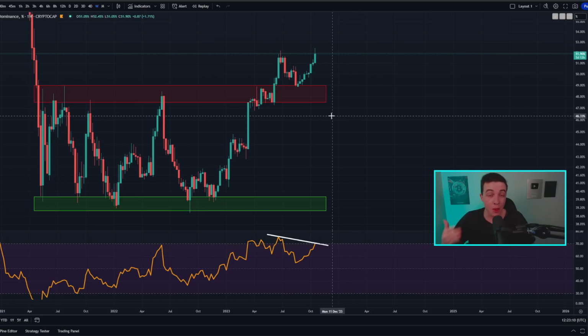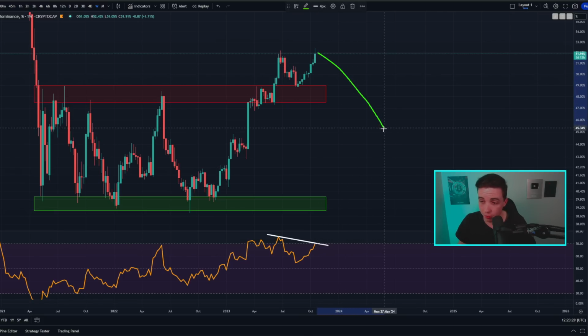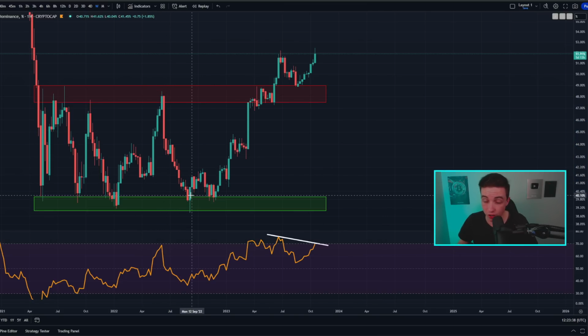So at least for now, the Bitcoin dominance is currently looking more bullish than bearish, which is basically the opposite of an altcoin season. It means Bitcoin is performing much better than the majority of altcoins out there. But when we eventually see a reversal in the Bitcoin dominance coming back to the downside, obviously when that eventually happens, that is known as an altcoin season, where the altcoins are performing much better than Bitcoin. But once again, at least as of right now, we are currently still within this Bitcoin season.